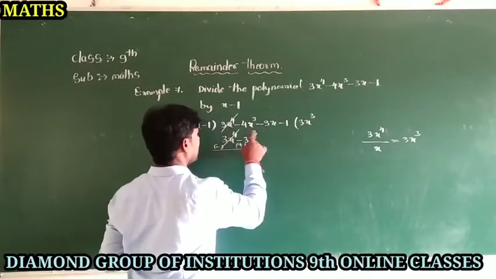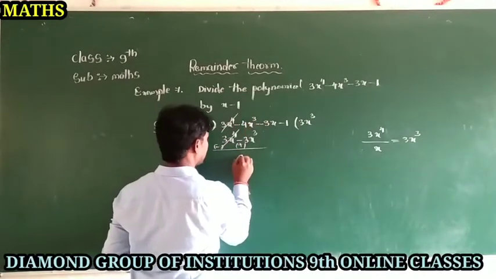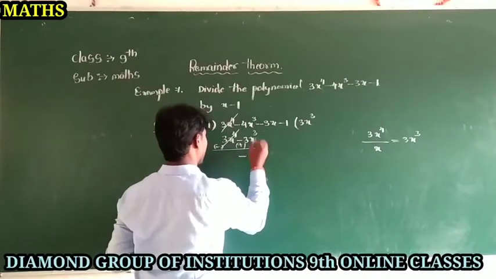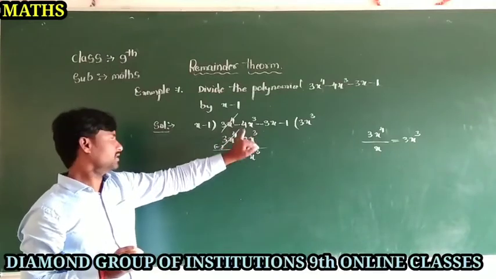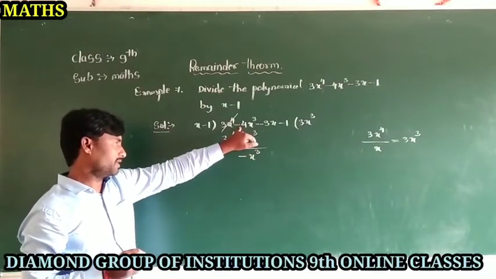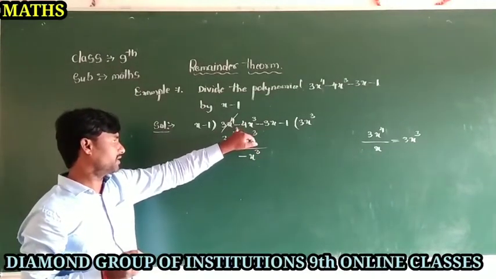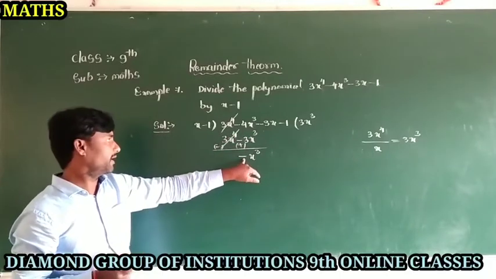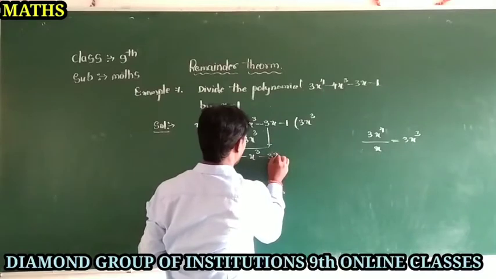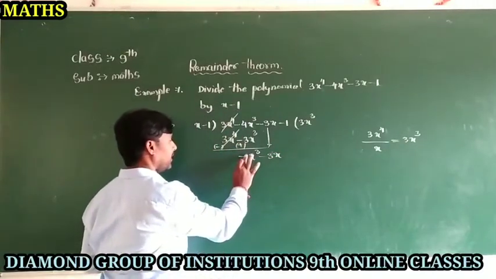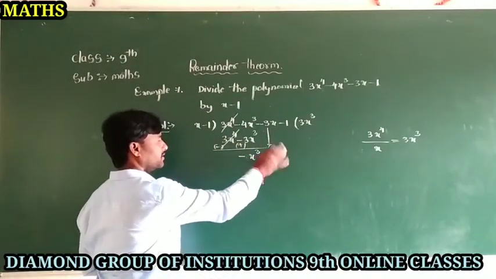Plus 3x cube and minus 4x cube, the answer we got here is only minus x cube. So we already know that minus 4 is the greatest and 3 is the smallest, so the sign is minus 4, the sign is minus, that's why we took minus here. Next one you bring down, that becomes minus 3x. Now the remaining polynomial is minus 3x cube minus 3x.